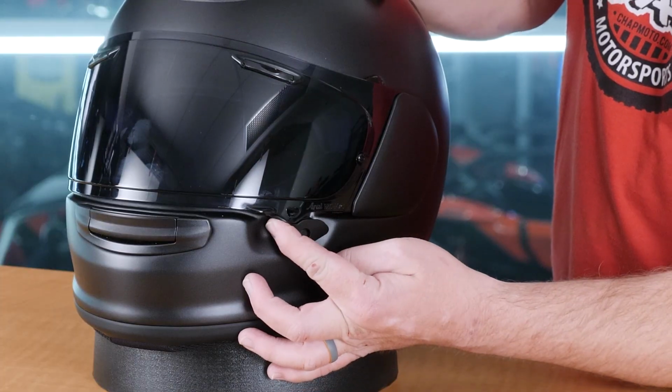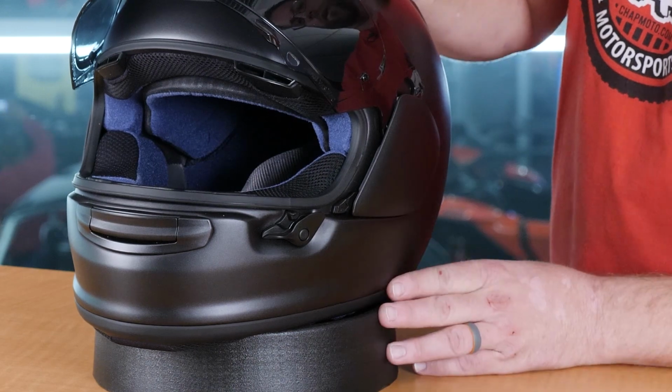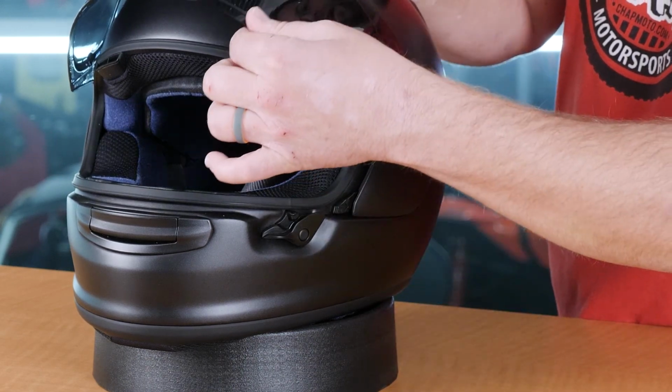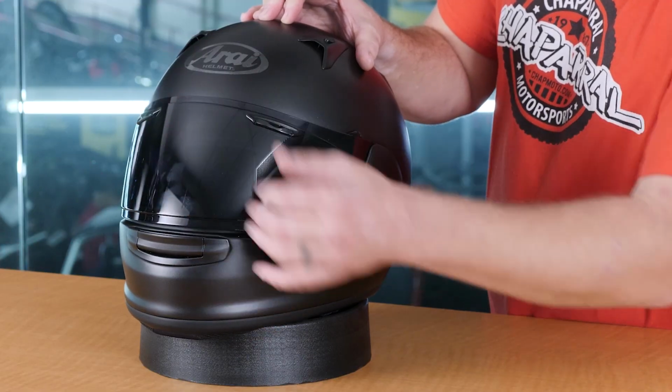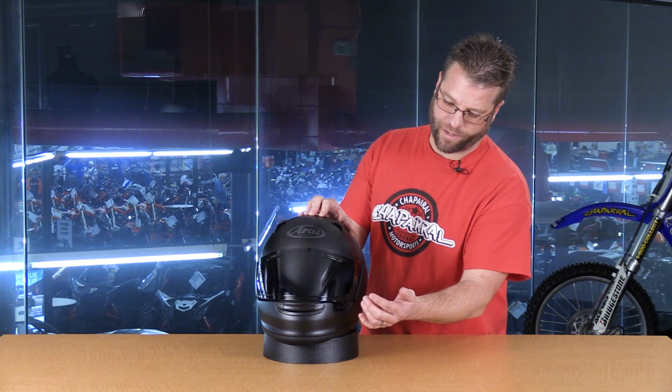We'll show you what those channels look like as we get into the detailed breakdown of the disassembly of the inside of the helmet. Now, looking at the face shield itself, in order to open, we're going to hit this little tab right here. It's going to release the lock, and then we'll be able to open the face shield. Coming down, we have an initial close and then a final lock there to ensure that this shield does not open while riding down the road